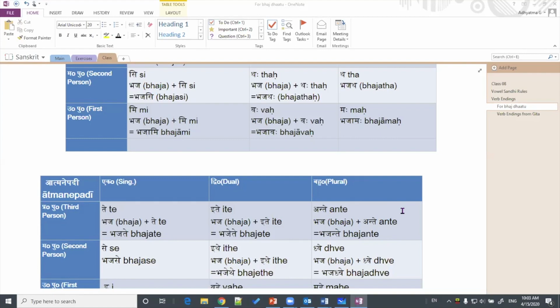Question: Sahana Bhavatu is spelled as separate words, but when we chant, it is run together. I don't understand this rule. Generally, you would find that there is a very small space between the words when we chant. If you pay enough attention, you should be able to notice some difference.